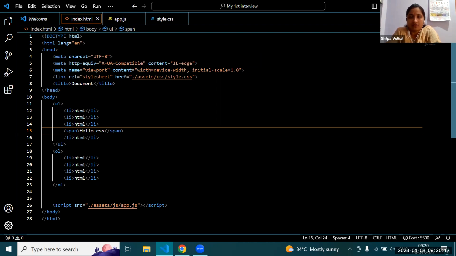And fixed means when we have to fix some icon on the page, then when we scroll our page, that element stays fixed there. That is the fixed position. And sticky means it is a hybrid of fixed and relative position.